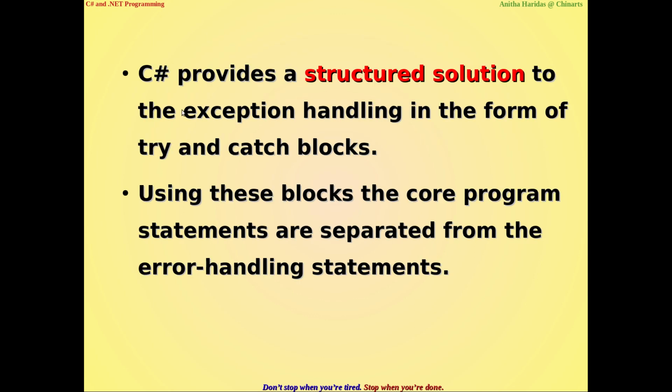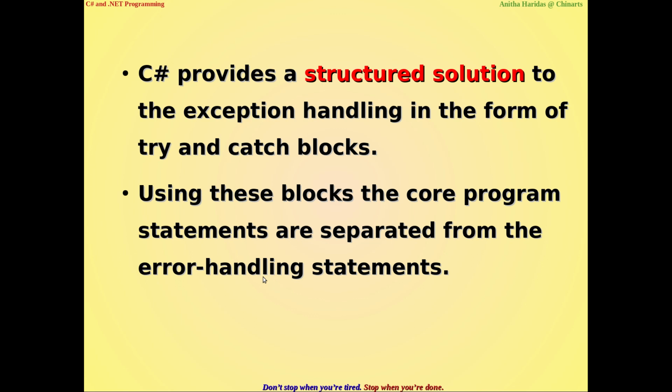Now when you take C#, it provides a structured solution to exception handling in the form of try and catch blocks. We will be discussing what the try and catch block is. The try and catch block is similar to C++ and Java programming. Using these try and catch blocks, the core program statements are separated from the error handling statements.